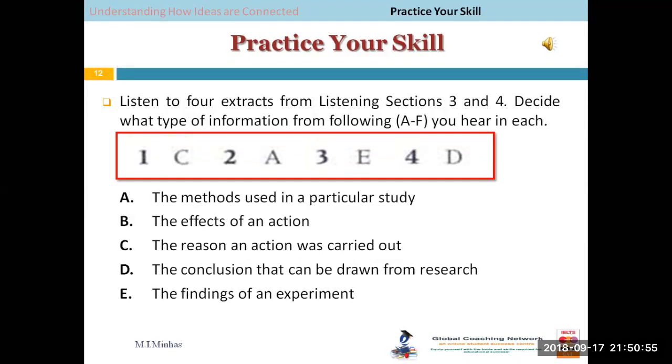In the first recording, there's a professor or faculty member. He asked that student, I don't understand, why did you contact Professor Higgins? And then she describes that, well, we studied this and that, and we wanted to see its effects on the environment. And environment is actually his area. So that's why we contacted. So she is actually describing the reason she contacted, why an action was carried out, okay?